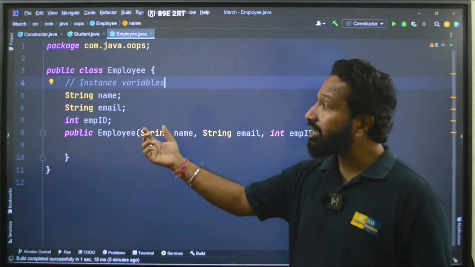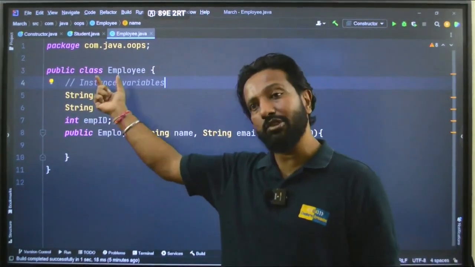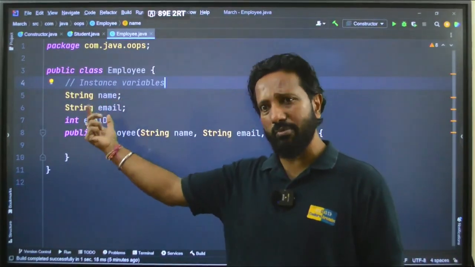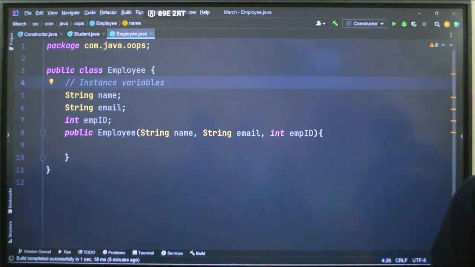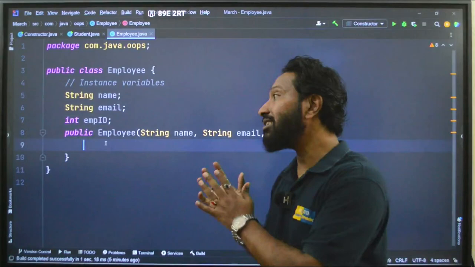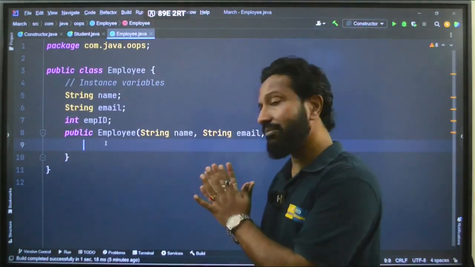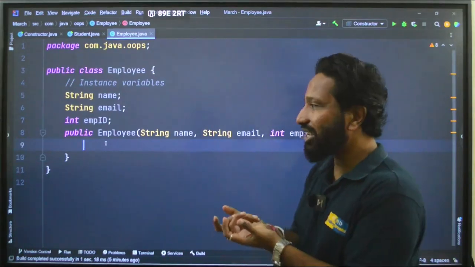Instance variables, in the sense, whatever object is created, to each object these three variables will be assigned, right? These are the attributes or the properties. They are also called instance variables. So now, for the time being, I will just write down a very special keyword here. You don't have to worry about this if you don't understand. Actually, the keyword name is only this. Okay, so I'll write like this.